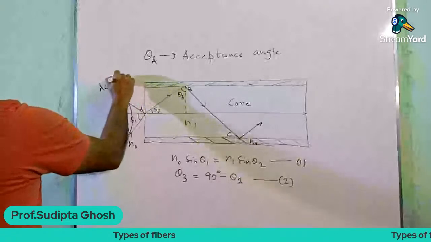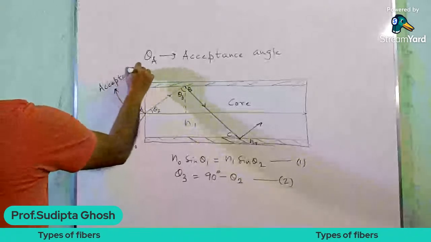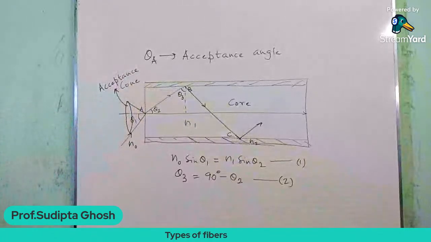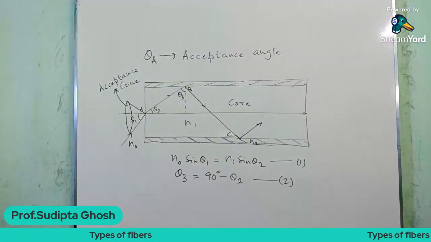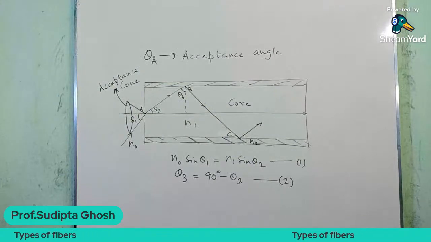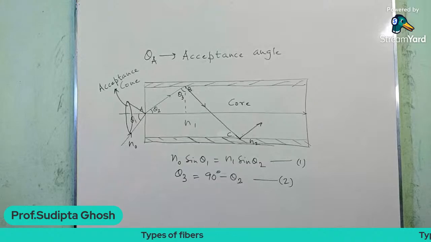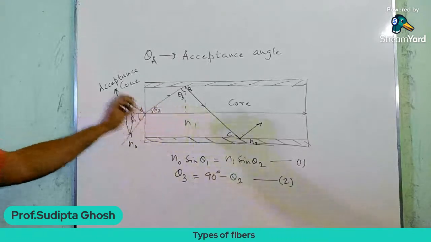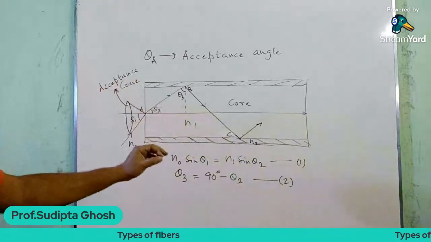What does it imply? It implies that a cone of light of semi-angle theta A is known as the acceptance cone. So it actually means that any ray, if it enters through this acceptance cone, the ray will suffer minimum